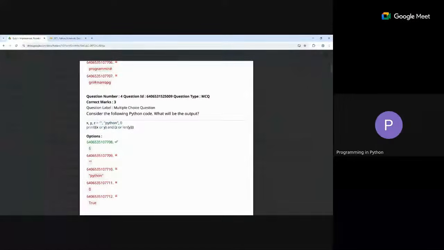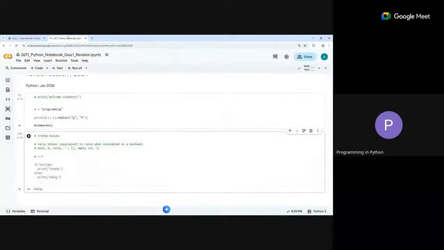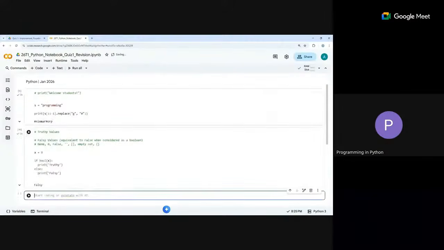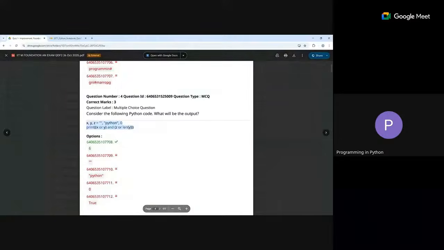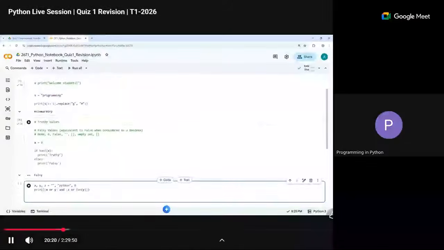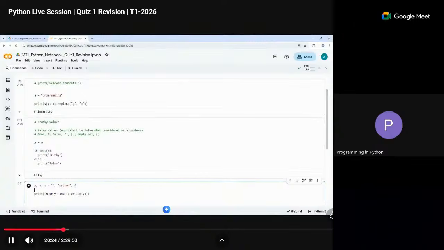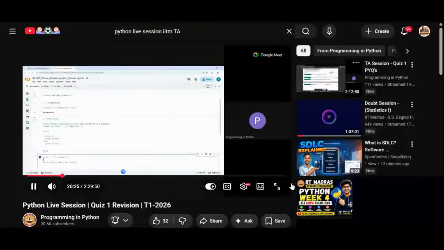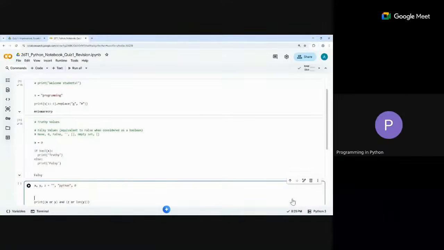So anyway, this was the idea. Now we are assigning it. x is an empty string, so x is falsy. y is Python, so a truthy value here. z is 0. Now what is it saying? It is saying x or y. Can anyone tell me about the precedence order of this? Let us take this one and break it down. Here we have x equal to empty string, y equal to Python, z equal to 0. Now remember with or, there are three things.